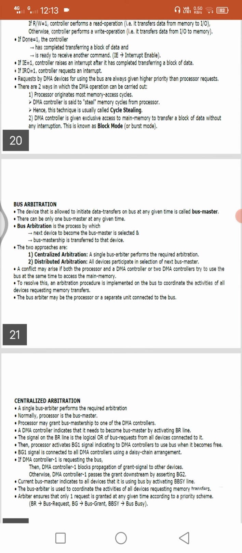Okay, so why we go for arbitration means, generally, a conflict may arise if both the processor and a DMA controller, or two DMA controllers, try to use the bus at the same time to access the main memory. So in that situation, problems arise. That means at a time more than one device sends a request to main memory for accessing data.